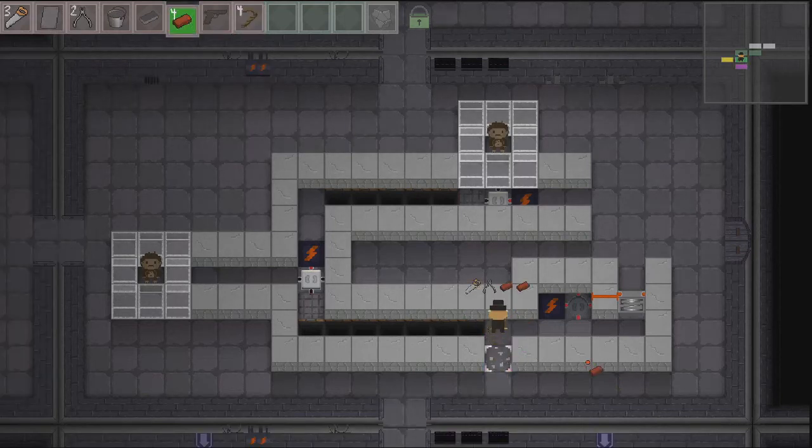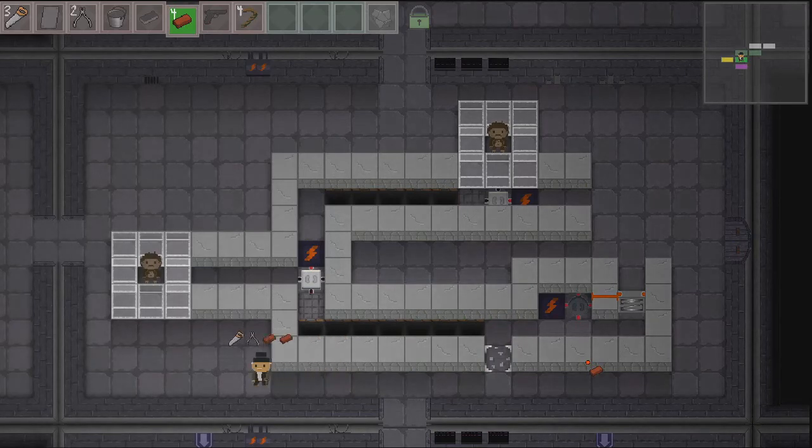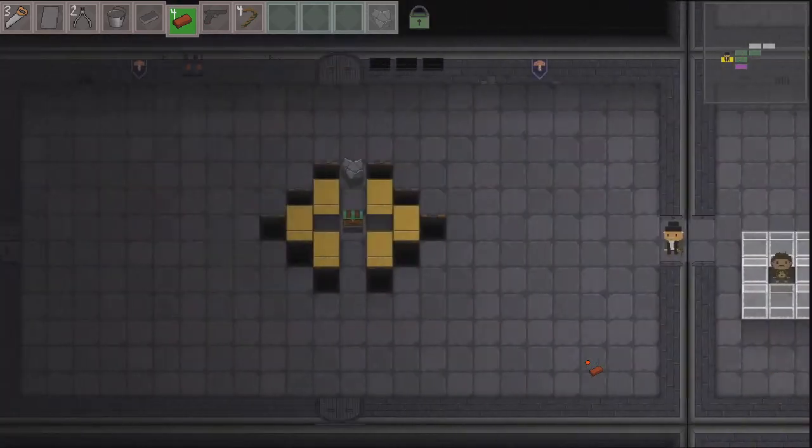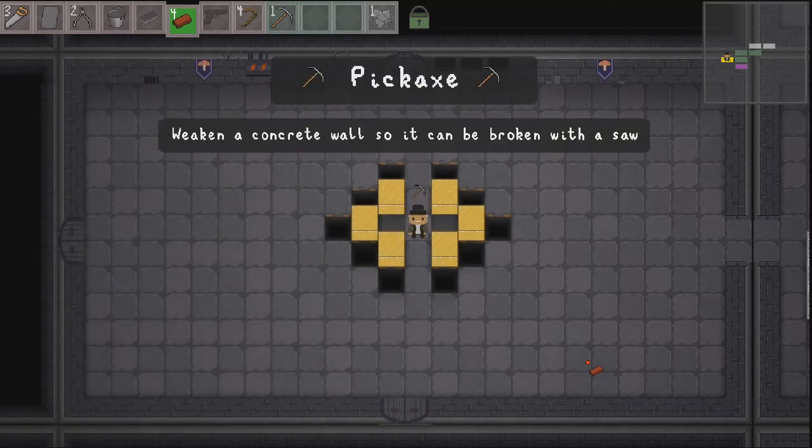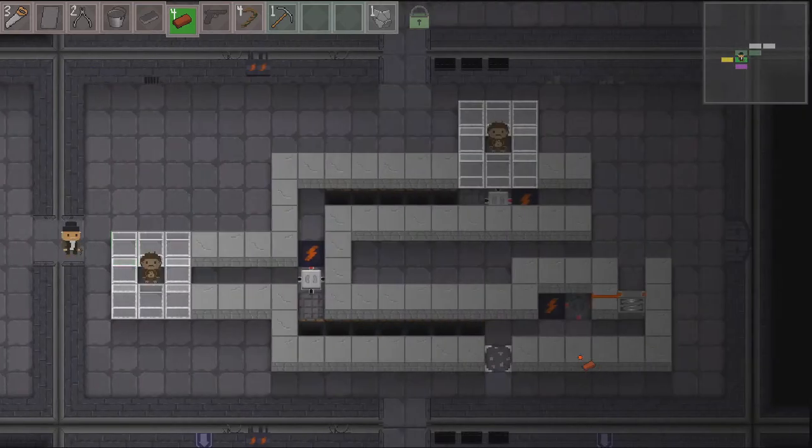Boom. Tools, gotten. Let's check out the bonus room. It is a bunch of free stuff. We get some scrap, and we get a pickaxe. Very nice. That is good stuff. Now let's turn this off, and...